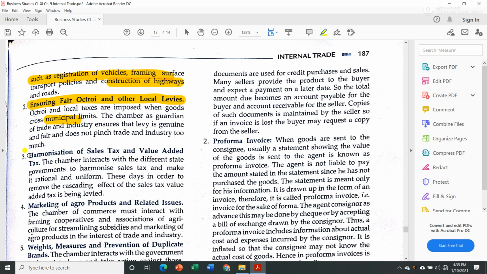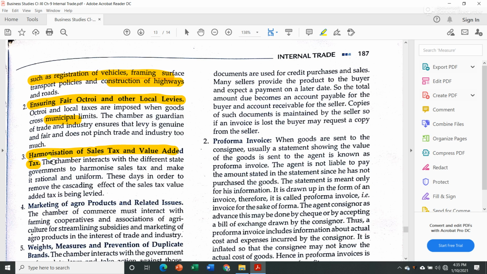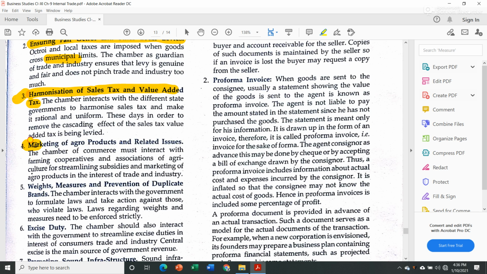Okay, the next is harmonization of sales tax and value added tax. Since after the coming of GST, sales tax and value added tax are no longer in existence, you can just skip this point. Then next is marketing of agro products and related issues. The Chamber of Commerce must interact with farming cooperatives and associations of agriculture for streamlining subsidies and marketing of agro products. FICCI promotes agricultural products so that trade and industry